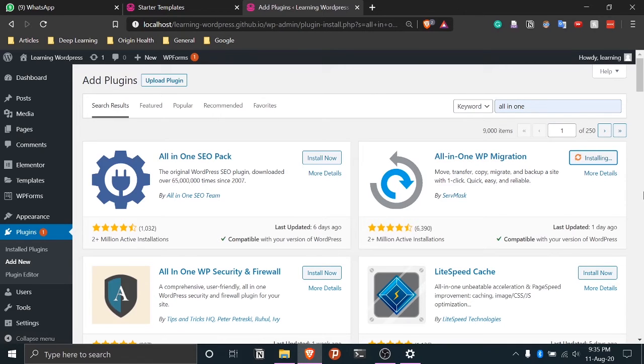Now what this allows us to do is that when we build a website locally and we want to port it remotely, so we want to host it on a server, then in that case this plugin can be used, which converts this whole website into a single file.